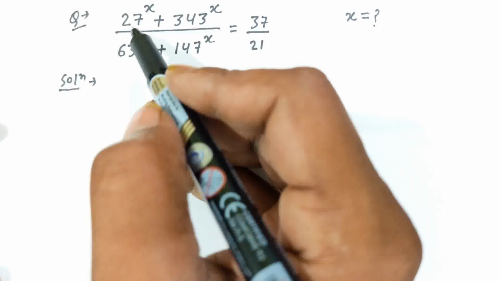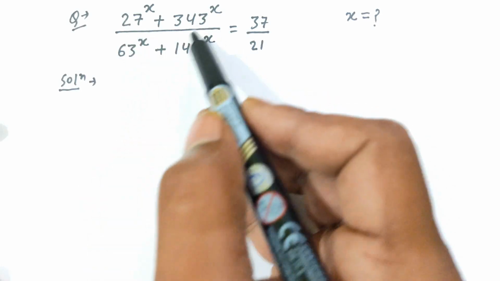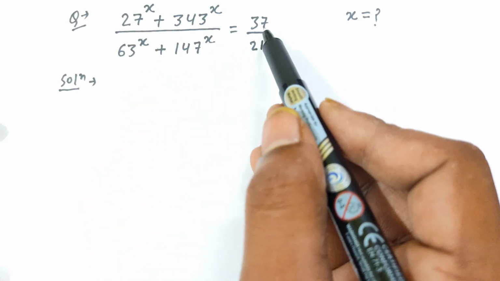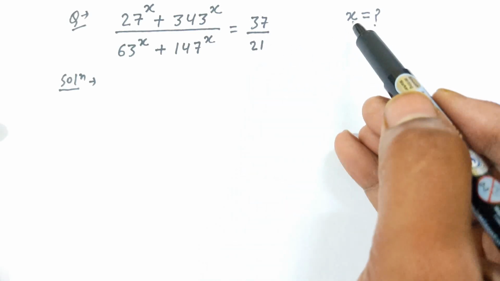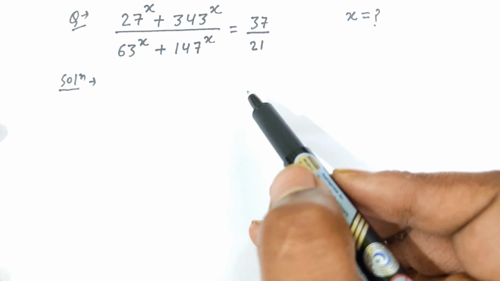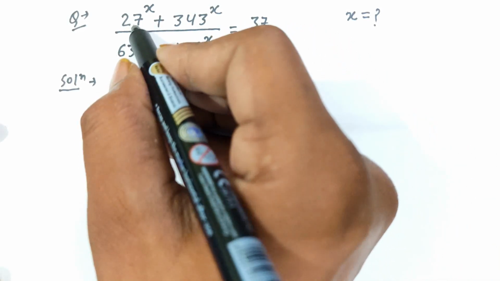हेलो स्टूडेंट्स, तो आज का हमारा क्वेश्चन है 27 power x plus 343 power x divided by 63 power x plus 147 power x is equal to 37 divided by 21 and here we will find out the value of x. तो देखिए स्टूडेंट्स, इस वाली प्रॉब्लम को हम किस प्रकार से सॉल्व करेंगे।